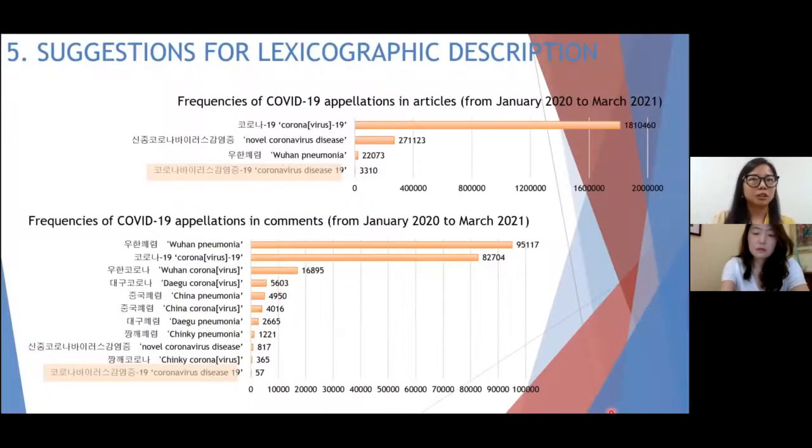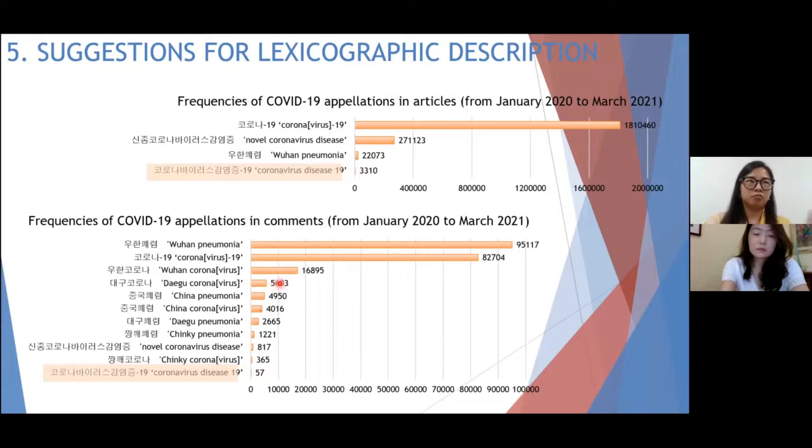So if we look closer at the frequencies, we can see that there are 3 appellations that are more frequently used than the official name of a disease in the articles here. And by far, the appellation that is the most common is Corona-19, which is actually the short version of the official name. But in the comments, you can see that the official name is barely used, and instead there are